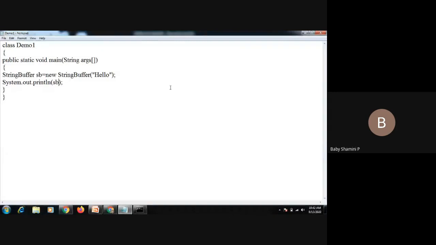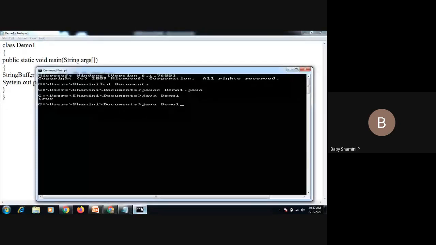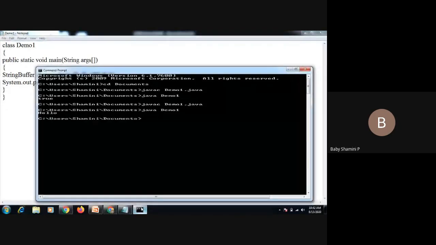In this way only, we can create a string in the StringBuffer class: StringBuffer object equal to new StringBuffer of followed by your string. To display the string, you use System.out.println. What is the output? Hello is our output.